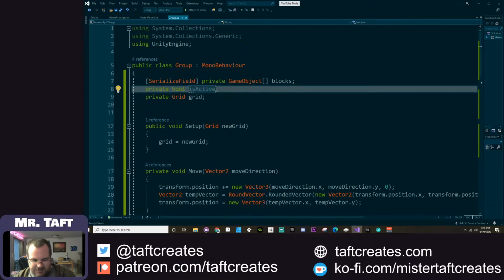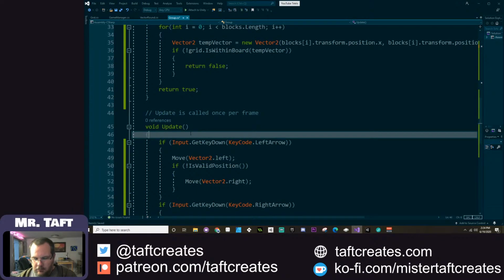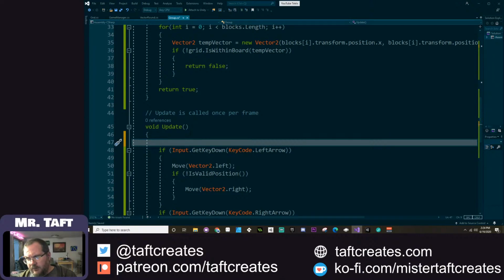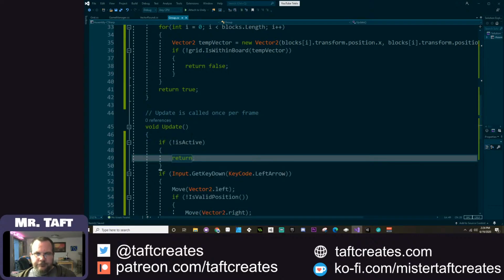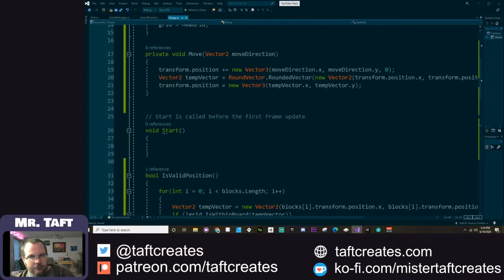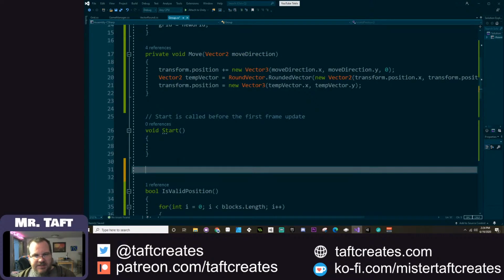So I'm gonna set is active to be true by default. And then in my update, I'm gonna check to see if is active is false. So if not active, and then I'll just return. All right, so Pigeon asked how I could automate filling up that grid. So the way I'm going to do it here is I'm going to make a function. I'm going to call this fill